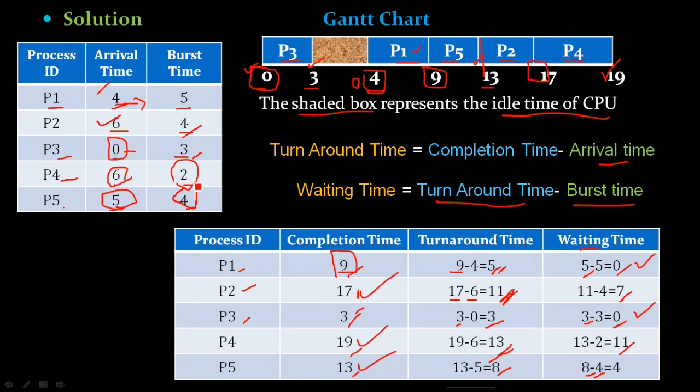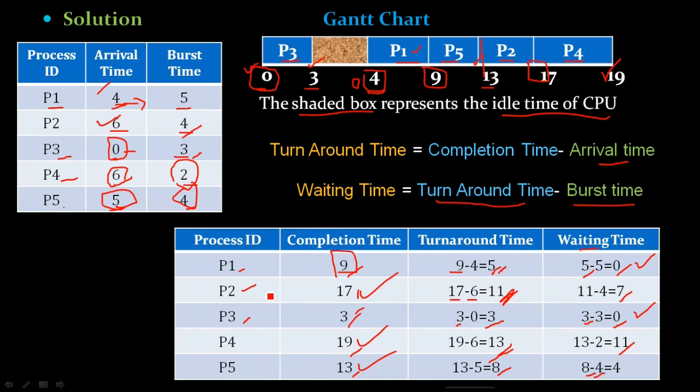So this is how we can solve this problem. In most competitive exams, you get such a table with different arrival times and burst times of the processes. So you have to prepare a Gantt chart to solve a particular question. They might ask you the turnaround time or waiting time of a particular process. Until you prepare the Gantt chart and this table, you can't get the answer. In competitive exams like NET, SET, GATE, these kinds of questions are frequently asked.